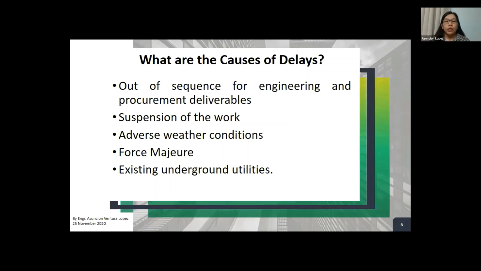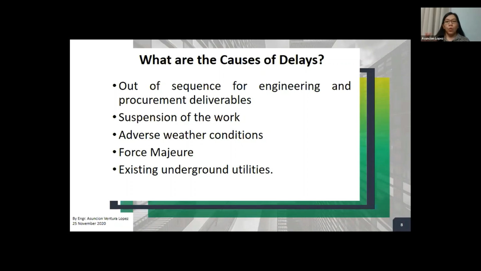Now, what are the causes of other delays? Out of sequence for engineering and procurement deliverables. So it may also be caused by the client. There are some items that need their approval, and while you are waiting for their approval, you have to resequence your work, your activities on site.